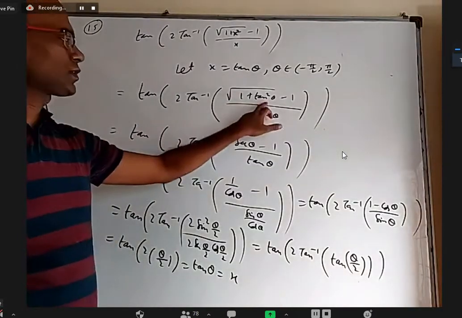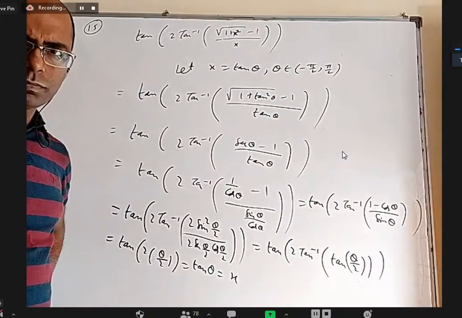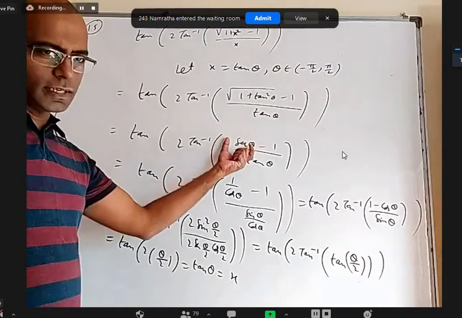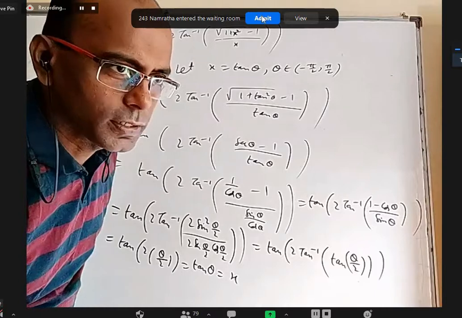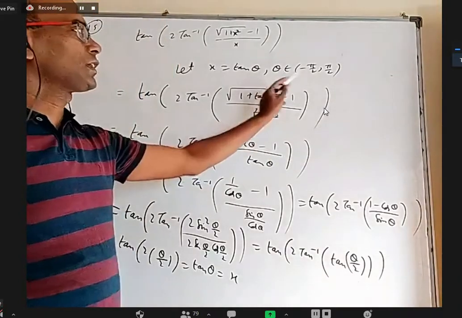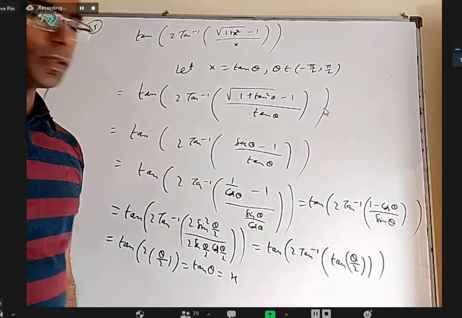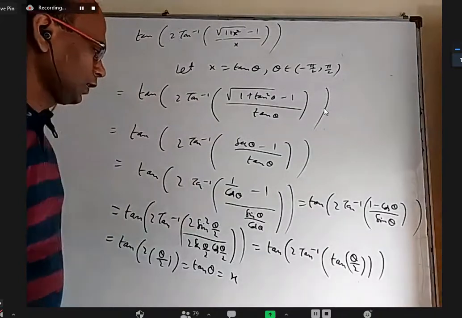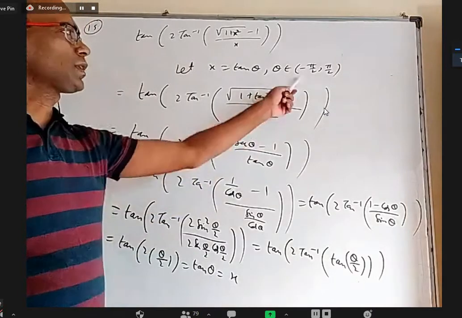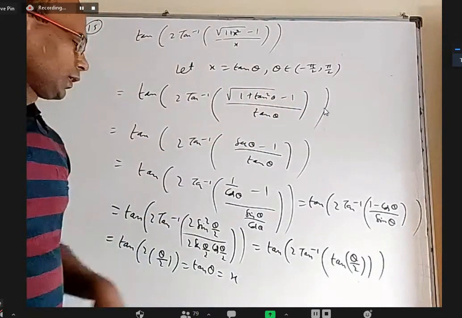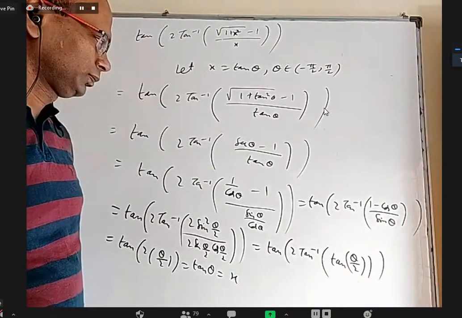First of all, root 1 plus tan square theta is secant theta. Is it correct or wrong? Yes, sir. Correct. It is actually mod secant theta. It is actually root secant square theta, not secant theta. It is mod secant theta. But mod can be removed because our theta is between minus 90 to 90, and between minus 90 to 90, cos and secant are positive, right? So this is fine. Here we cancelled cos theta. Cos theta should not be 0, but that is also okay because we don't have minus pi by 2, pi by 2.